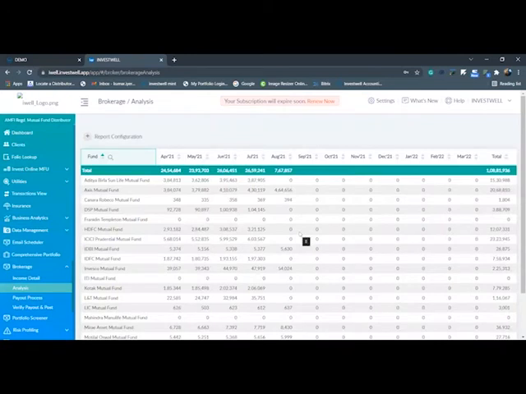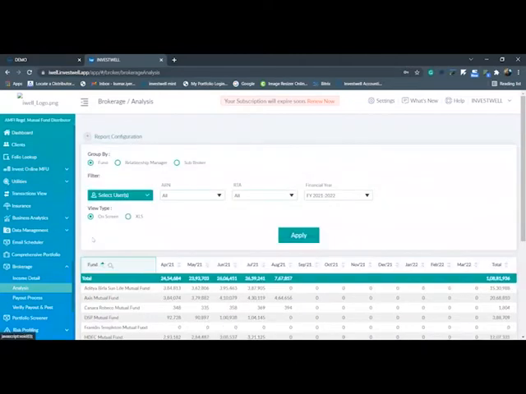Okay, so this way you will get the output like individual AMC. It will list down all the AMCs and give you the breakup individual month-wise for the specific financial year. And then in the last column, it will also give you the total earnings as of today, how much you have earned from a specific AMC. The same report under analysis, you can generate on the basis of specific RM or specific sub-broker financial advice earning. You can track it in a single screen as well.